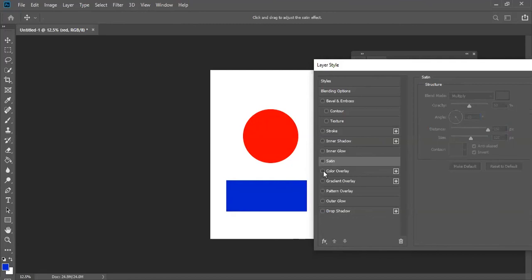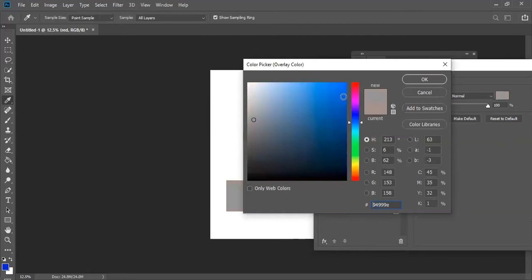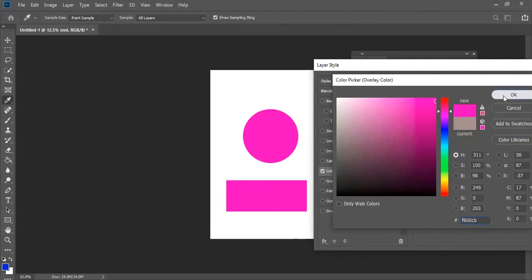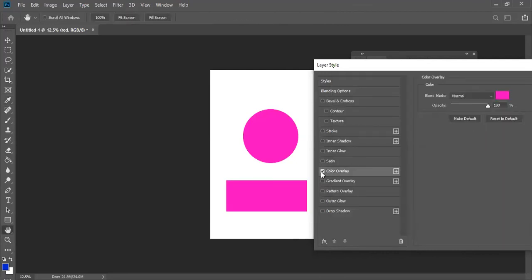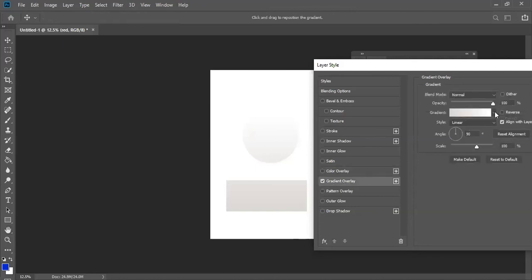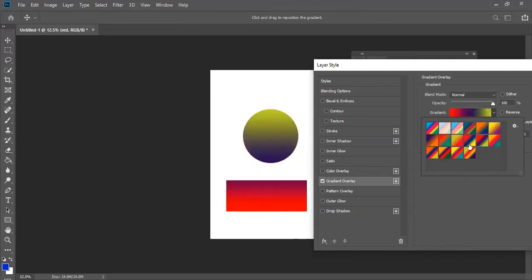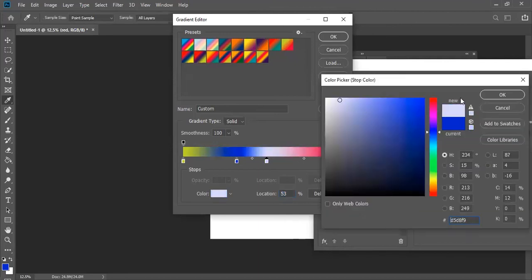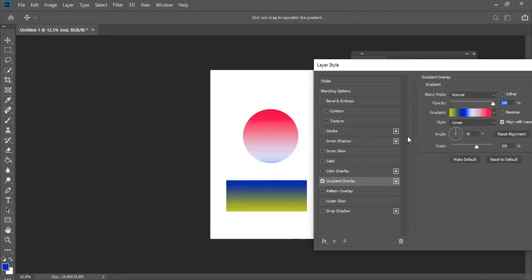And color overlay, normally this is one color, okay, single color. So if you want to change it to any different colors, see, you can change from here. Okay, I don't want color overlay. Gradient overlay option also is available here. You need to click the gradient overlay here, and whichever gradient you want, you can choose. Is that clear? Yeah, it's clear. Okay, the same model, here you can create your own gradient also. That you know, right? Yeah.